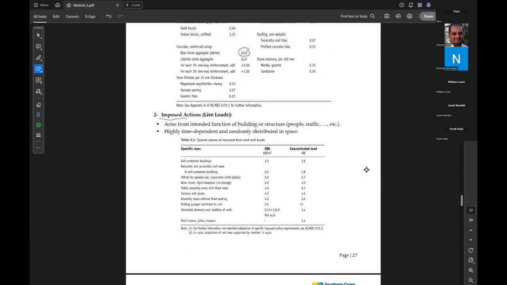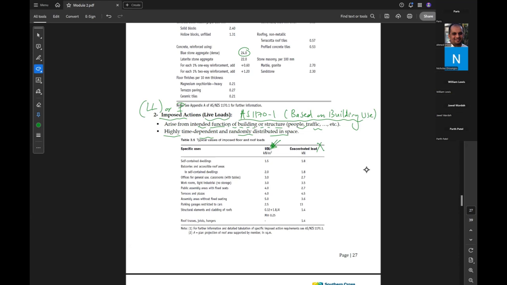Also, we have imposed actions or live loads, again AS 1170.1, based on building use or structure use. So the live load is based on the structure use, arising from the intended function of the building, including people, traffic, and so on. And it can take the symbol LL or P. Highly time dependent and randomly distributed in space. Okay, and also we don't consider concentrated loads in this course, so we are mainly using UDL or